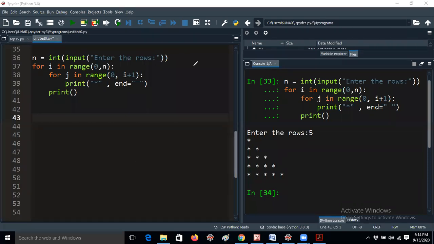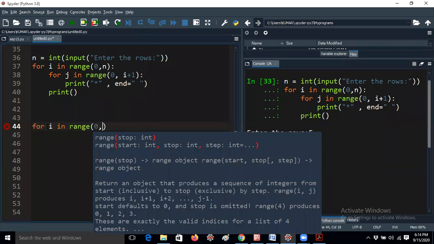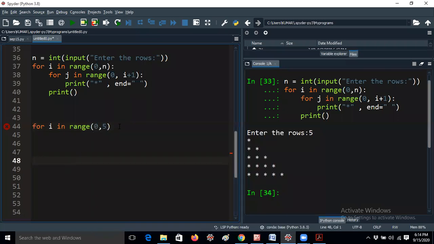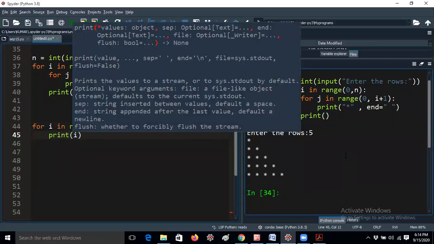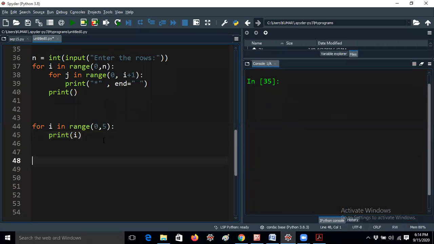Let me explain, guys. To understand, I will write for i in range of 0 comma 5, print of i. Please don't worry.